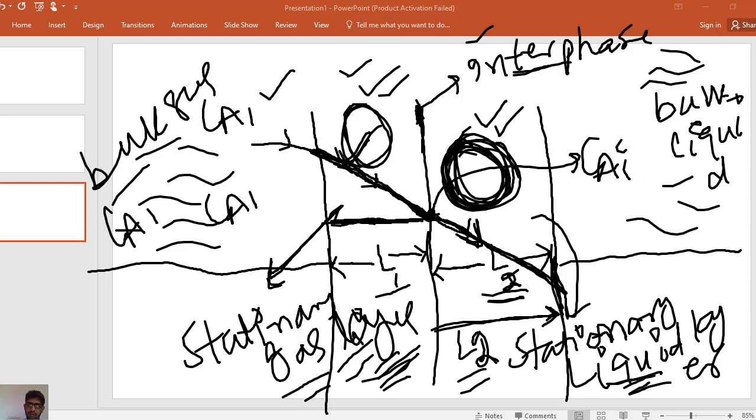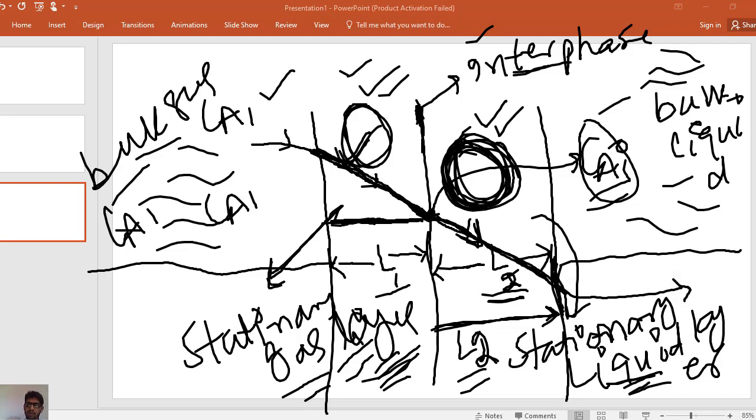It is the concentration of A at the interface. When component A is coming from the bulk region, it passes to the gas stationary layer, and it comes to the interface region. In the interface, the concentration of component A is CAI. Then from the interface, component A is dissolved in the stationary liquid layer, which has length L2. Then from the stationary liquid layer, component A is dissolved in the bulk liquid region,